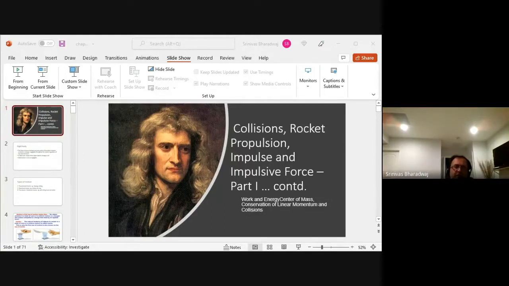So when we look at collisions, we actually start with Newton's law. The rate of change of momentum is directly proportional to the impressed force, right? So now what happens when there is no external force on a system of bodies? It still behaves like the forces are only internal, that is between the bodies. And between the bodies, you know that every action has an equal opposite reaction. So if A applies force on B, B applies force on A.